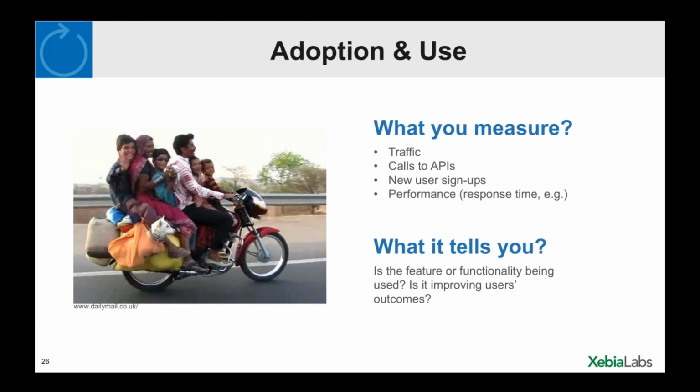A lot of us are building software that isn't just measurable by Google Analytics. So we have to think about how many calls are being made to the systems that run our software. If you have software that is harder to tool, looking at calls to your backend APIs might be easier to measure, and certainly easier to gather statistics for. So look at the traffic of calls to the APIs. Then you also get other adoption and use measures, like user signups if it's a commercial product. I would also suggest that your performance and response times can give you a good indicator of this.